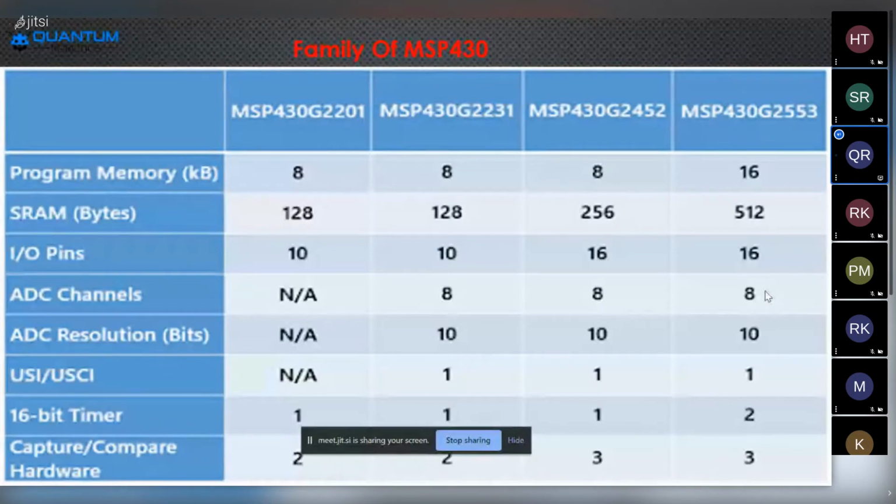ADC channels are 8, ADC resolution is 10 bits, and USI is 1. The 16-bit timer is 2. Capture is 3.